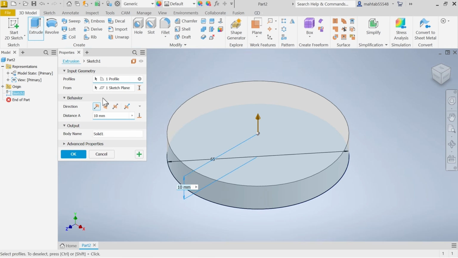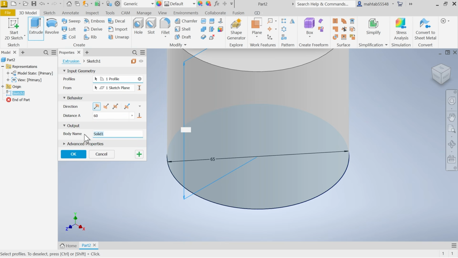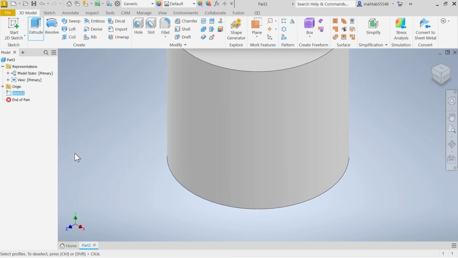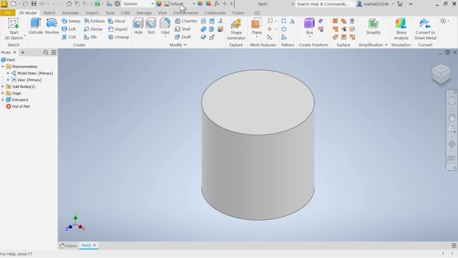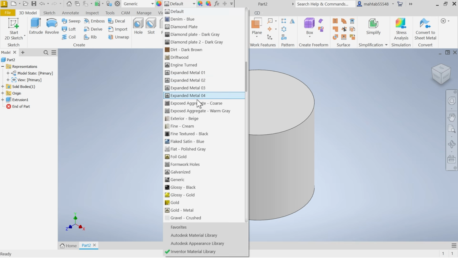Now here, first option profile already selected. Now start plane also selected. Now behavior, you have to choose direction. See, direction upside, how much length given? 60. First part you can name it whatever, but let's keep this one as it is. Select this isometric view and zoom. Okay, let me define some color,